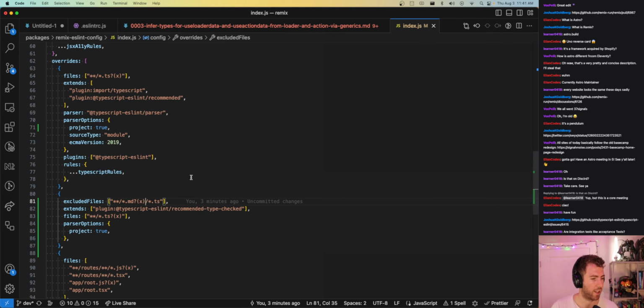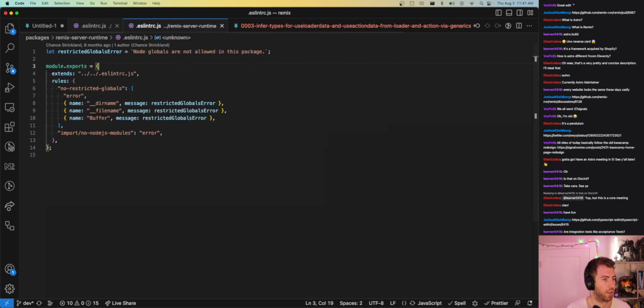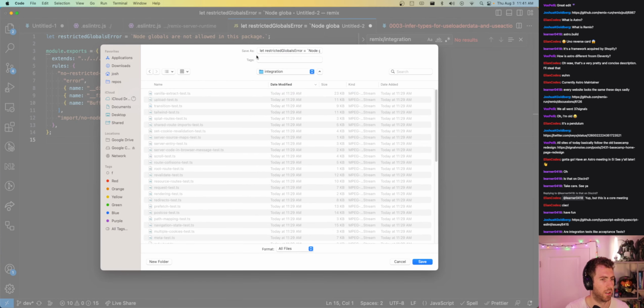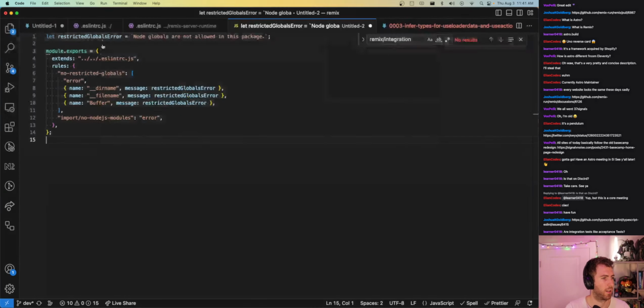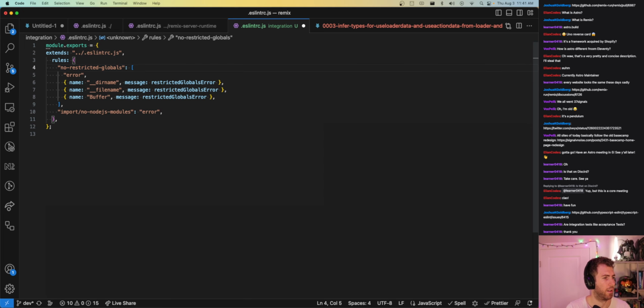Config. Okay, so I guess I could exclude type check files from the no-unsafe ones, or I could, you know, I will do the thing that I started to do and then stopped. I will write a new ESLint config here, .eslintrc.js. Extend from the top level one, and then